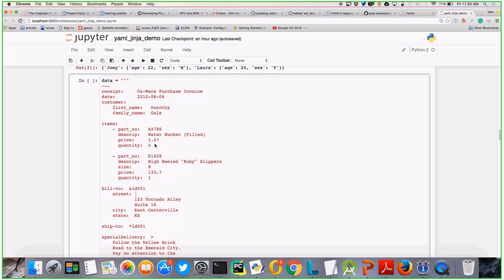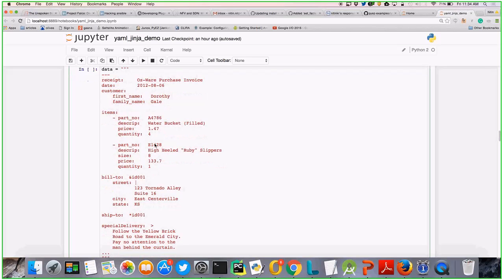Okay. So if you take this YAML content, similarly we have a key value pair, dictionary, dictionary, value as a dictionary, list of dictionaries.